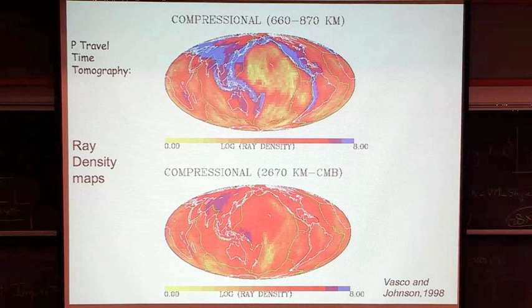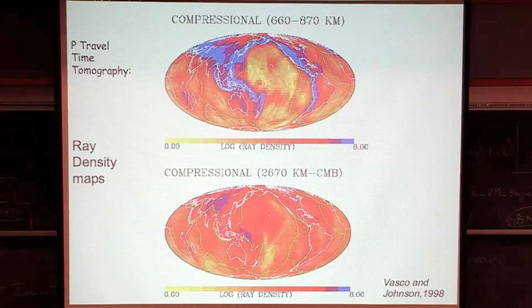By contrast, the middle of the oceans, especially the middle of the Pacific Ocean, is very poorly covered. This is only with P travel times. If you add PP, you will get somewhat better coverage, but it's still a big issue. At the base of the mantle, it's uniformly